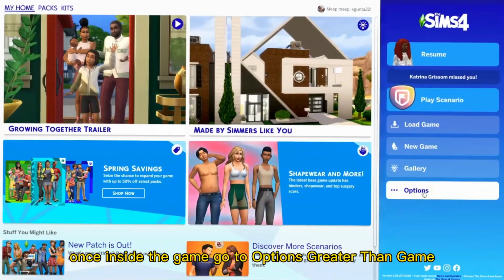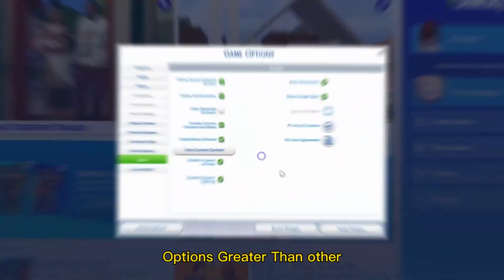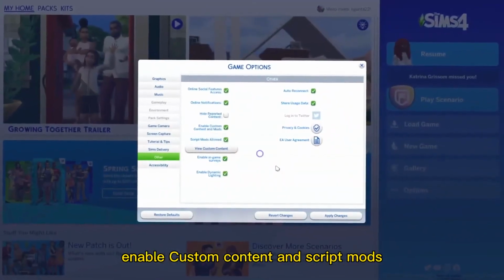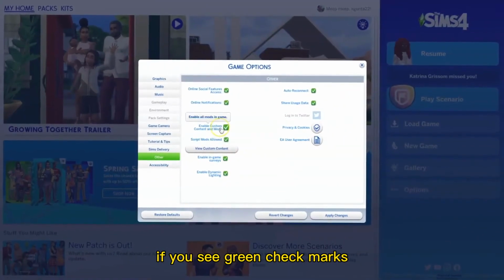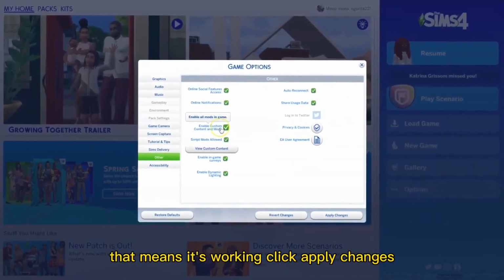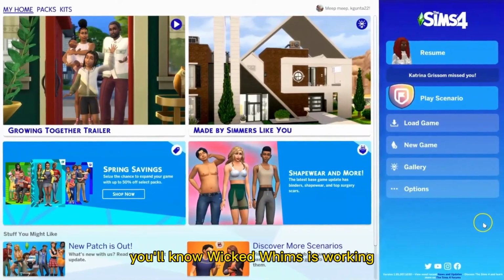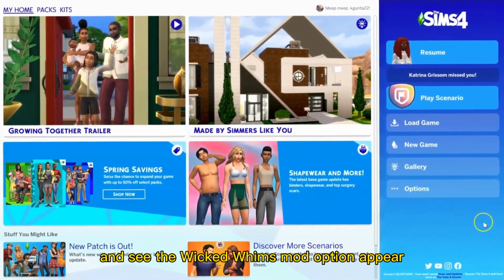Once inside the game, go to Options, then Game Options, then Other. Enable custom content and script mods. If you see green check marks, that means it's working. Click Apply Changes, then exit the game and restart it. You'll know Wicked Whims is working when you click on a bed or a sim and see the Wicked Whims